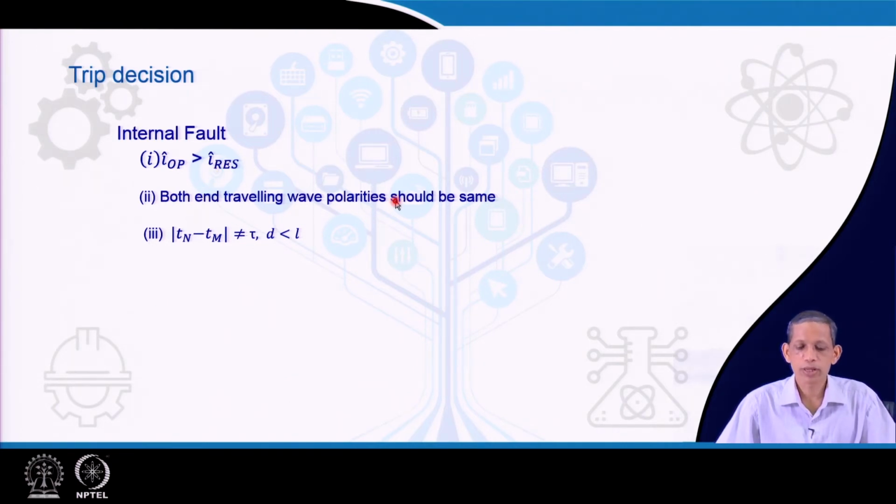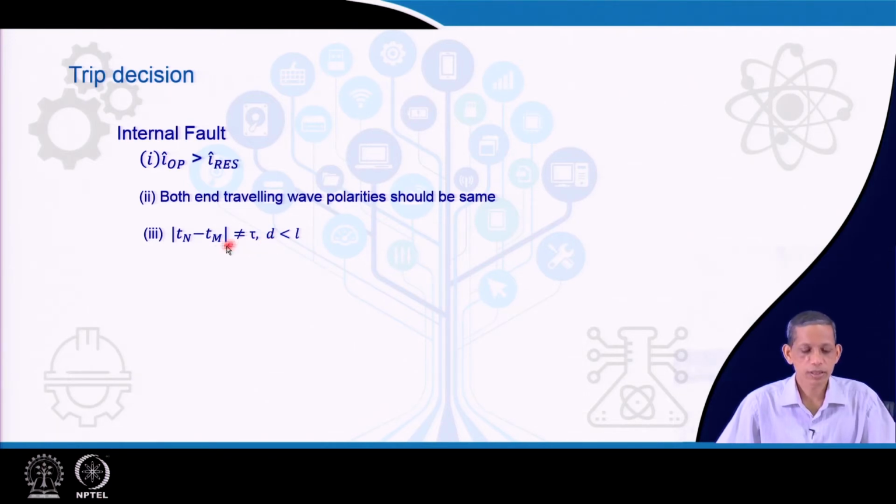Both end travelling wave polarity should be same. This is the first check: both end travelling wave polarity should be same, either plus plus or minus minus. And the third check, we can say that the magnitude of T n minus T m is not equal to tau. If it is equal to tau, probably it is an external fault, and then we check, as already mentioned,